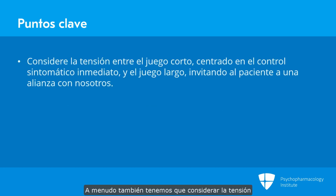Oftentimes, we also have to consider the tension between the short game, where we are concerned with immediate symptomatic control, and the long game, where we really invite the patient into an alliance with us, where there's more experimentation, more shared decision-making, and an increased possibility